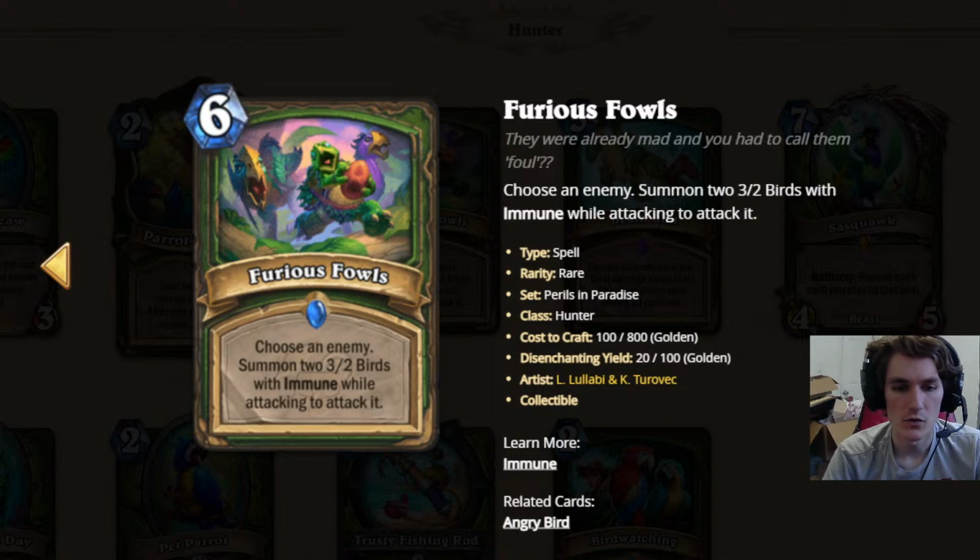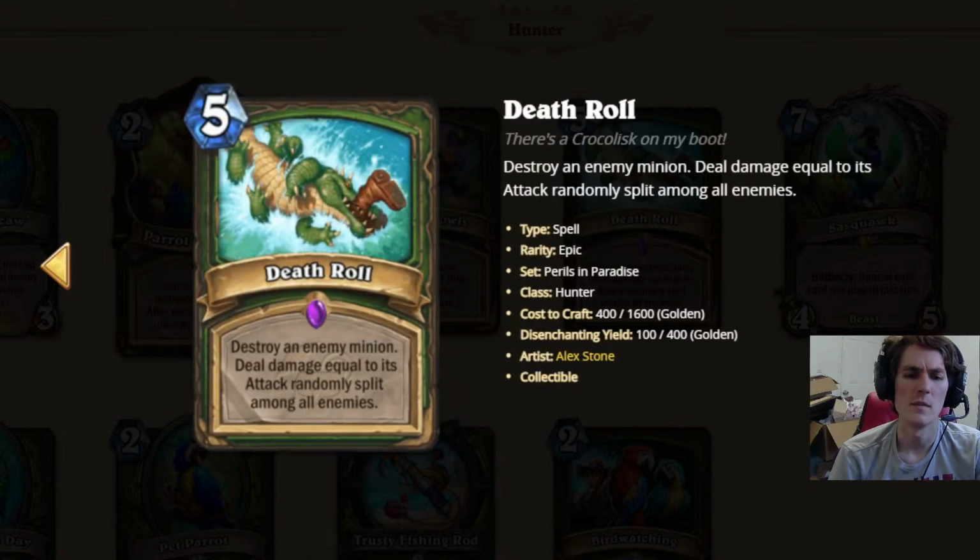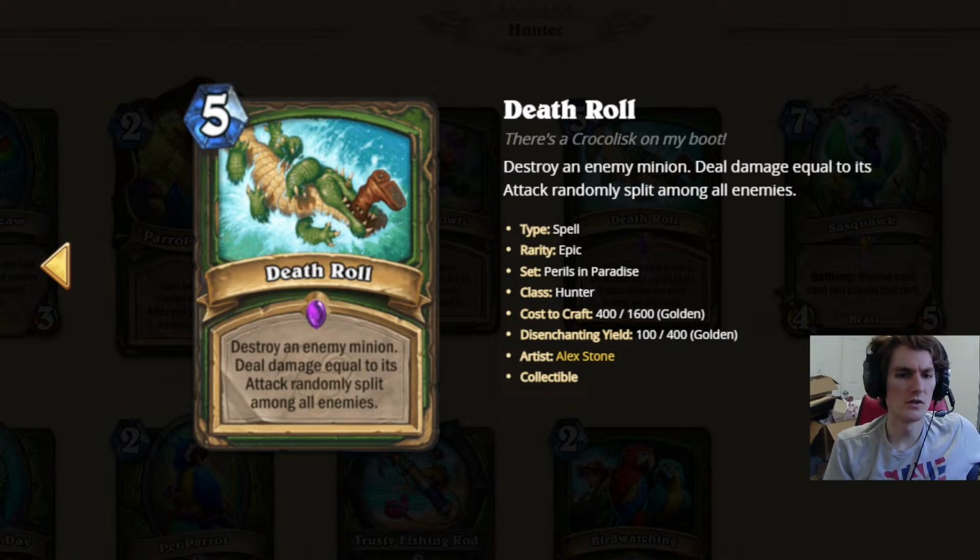Choose an enemy. Summon 2 3/2 birds with immune while attacking to attack it. One star? Seems weak for 6 mana. Destroy an enemy minion. Deals damage equal... 1 star. I don't think Hunter's going to want to try and do a control thing, and this is a control thing. No, I'm sorry. Randomly split among all enemies. I was thinking it was going to be destroy an enemy minion and deal damage equal to its attack to all enemy minions, but if they have an 8/8 and nothing else on board, you can just death roll and deal 8 damage to the enemy hero. 2 stars. I'm not convinced it's going to...